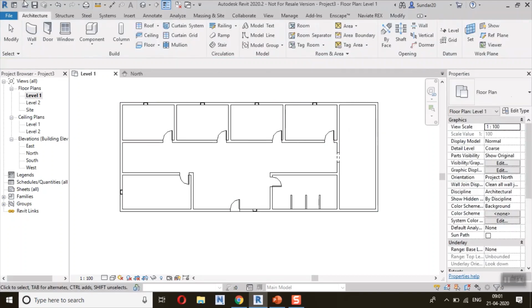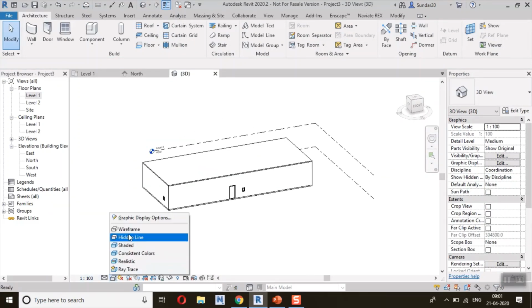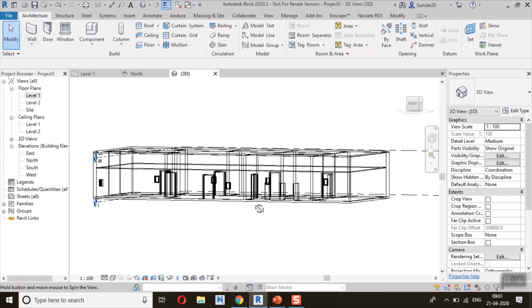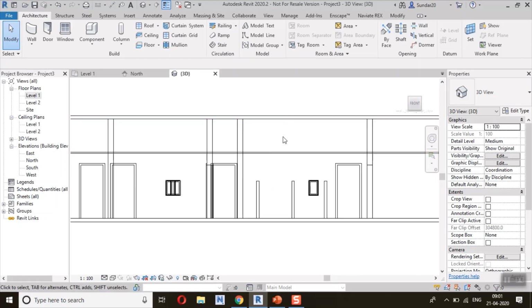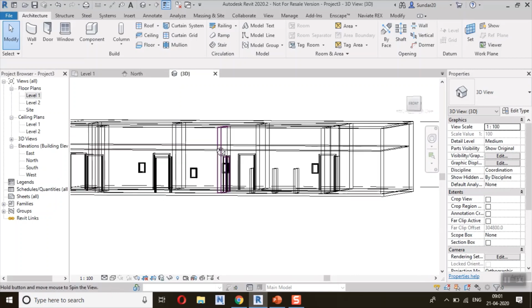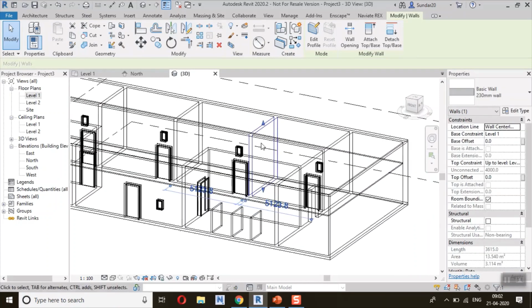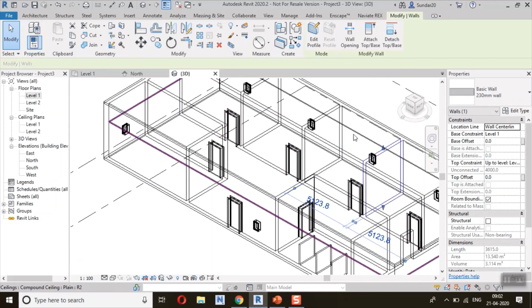Yeah, finally I got the office building. The next step, as I already told you in the presentation, is that you have to provide a plenum level. This in-between spacing, from the ceiling to the roof, is called the plenum level. In the plenum level, this is the extended wall, right? You want to align the walls to your ceiling. All the walls you have to align to your ceiling.